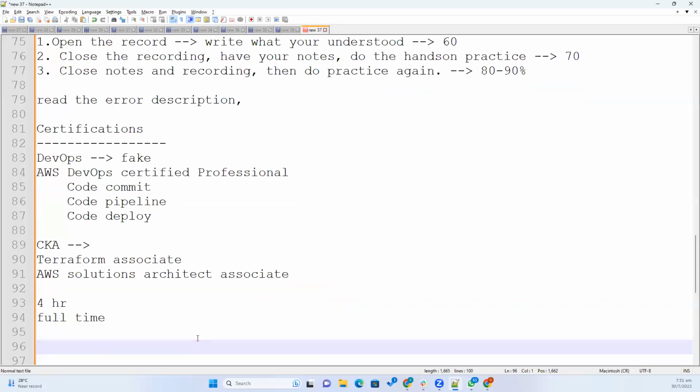If you are free full time, maybe you are on the bench, in a career gap, or you have a lot of time, I ask you to spend ideally 8 to 12 hours a day, because average software engineers spend at least 8 hours. If you are learning and you are free, obviously you need to spend 8 hours. Just by joining the sessions, you cannot become a DevOps engineer. Feel like you are already a DevOps engineer. You need to spend 8 hours to configure the project, whatever we are discussing. Don't see me as a trainer; take me as your project lead telling you to do something. You have to go and do it.